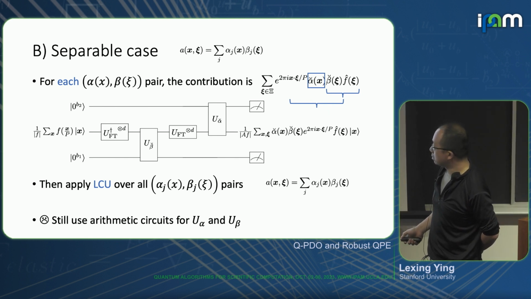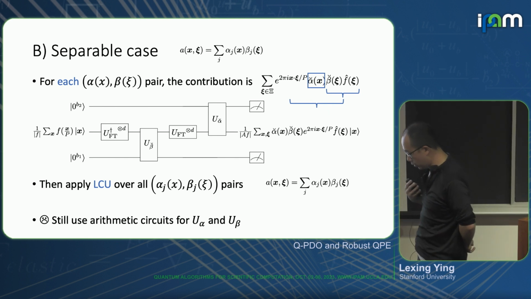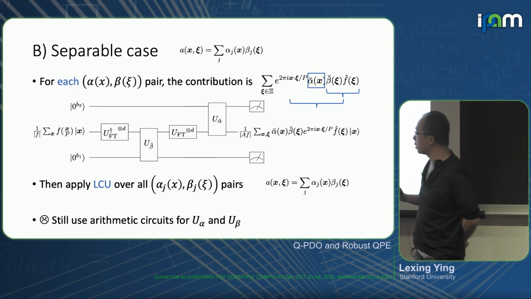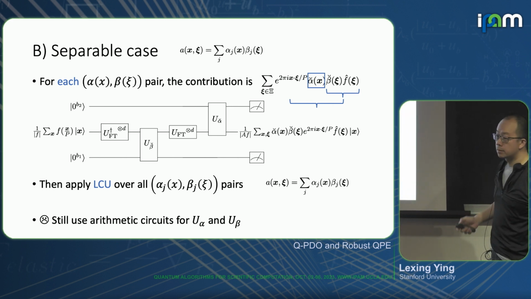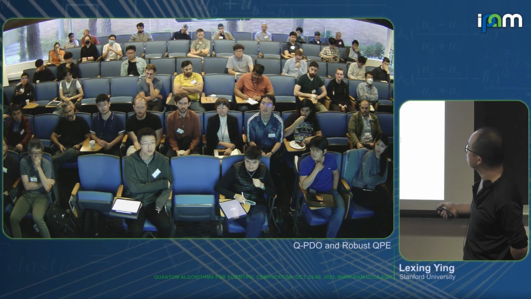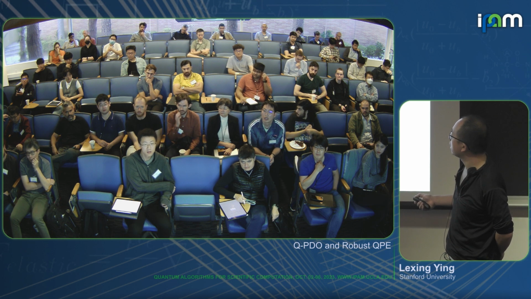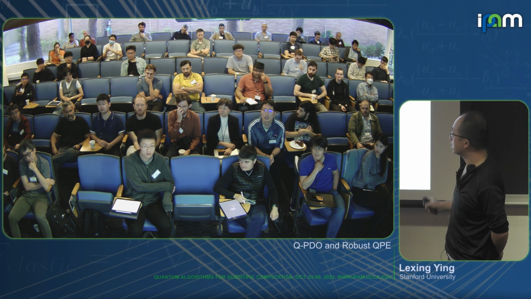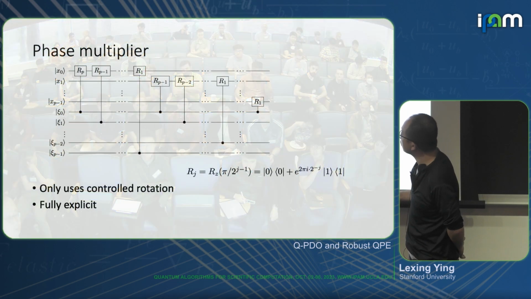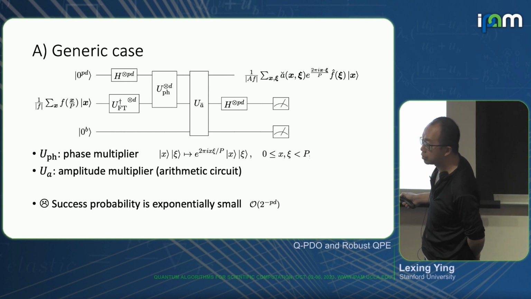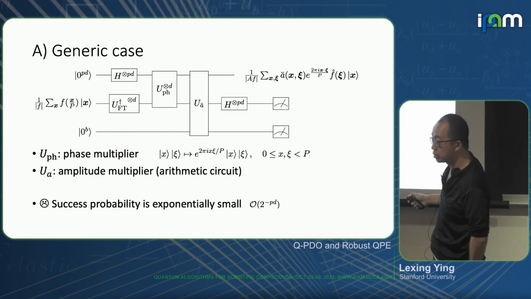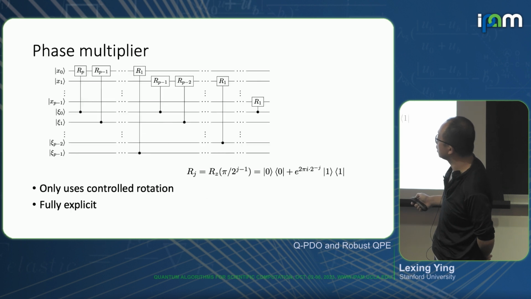Again, I have this front phase here, meaning that we want to be more explicit, so we want to try to get rid of this arithmetic circuit. Yeah. One question. In the end, you still need to do the measurement, but you can guarantee the success probability? Yeah, you don't need to. These measurements are only for the arithmetic for these amplitude multipliers. Previously, the problem was coming from this big PD. I'm duplicating another set of qubits to make it work, right? But this is totally gone in the next slide.